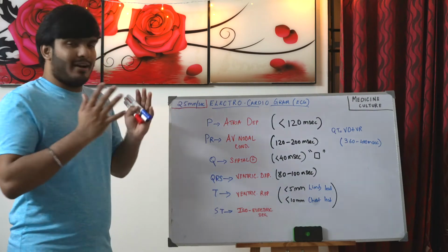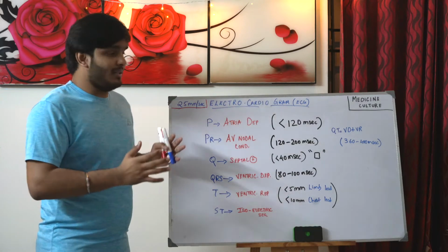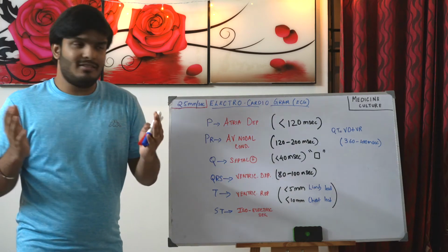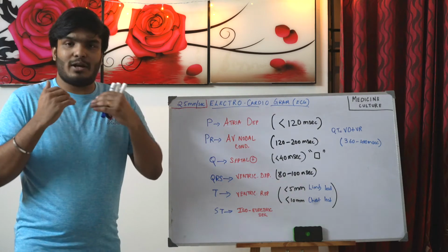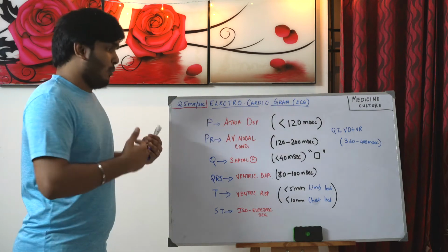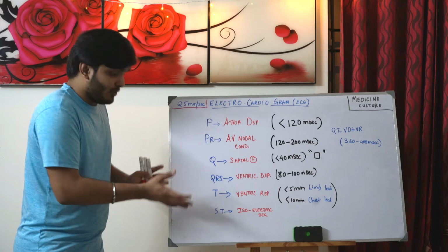So this is the normal format, the normal PQRS intervals. You need to remember these values; they are very important. If you look at an ECG and see any changes, you can easily tell what disease it is, what changes have happened, which wave was affected, and which segment was affected.